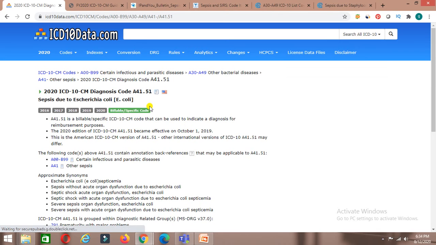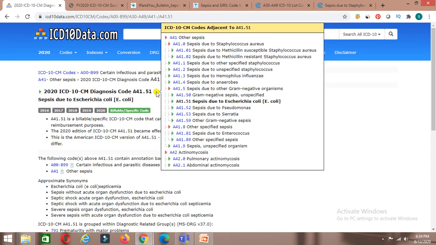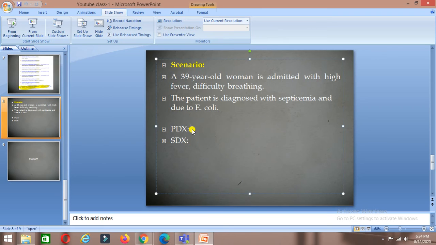Suppose we don't know the type of the organism, you can search on Google whether it is gram-negative or gram-positive, and then assign the code. So sepsis due to E. coli code is A41.51. The patient has sepsis because of E. coli, so the code is A41.51. That is how we assign the appropriate ICD code.